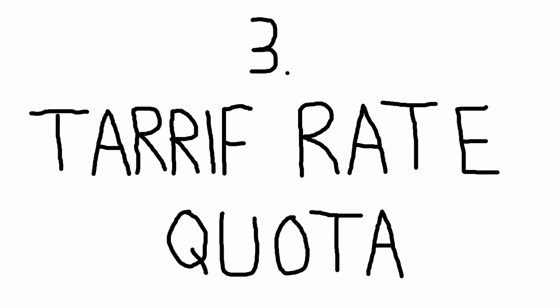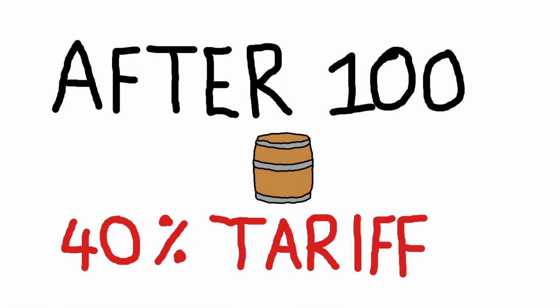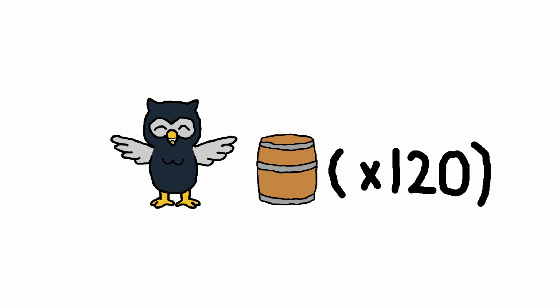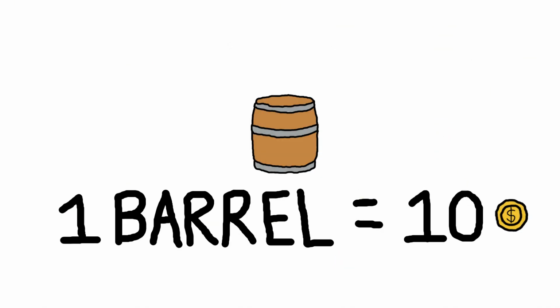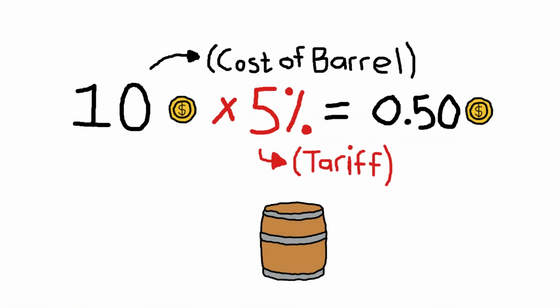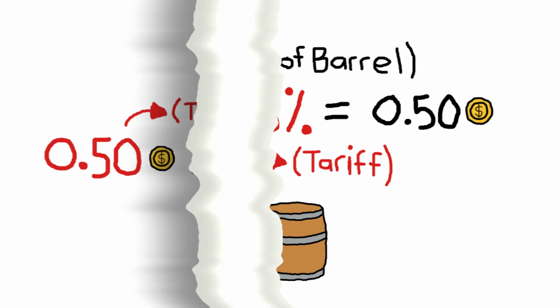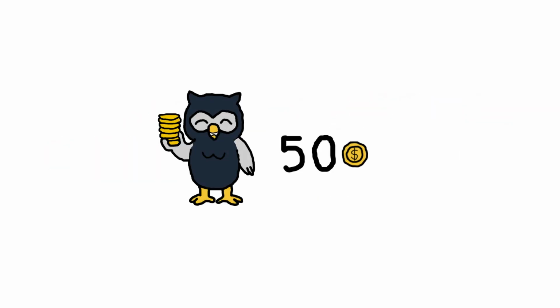Third, a tariff rate quota. Low tariff for the first crates, high tariff after the limit. The American owl importer imports 120 barrels. The border owl shows the owl importer the rule. The cost of 1 barrel is 10 coins. The first 100 barrels are charged at a 5% tariff each. 10 coins multiplied by 5% equals 0.5 coins. 0.5 coins multiplied by 100 equals 50 coins. The owl importer pays 50 coins